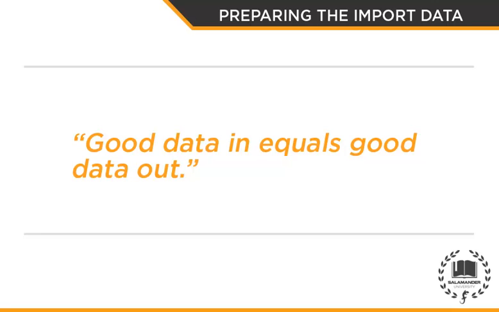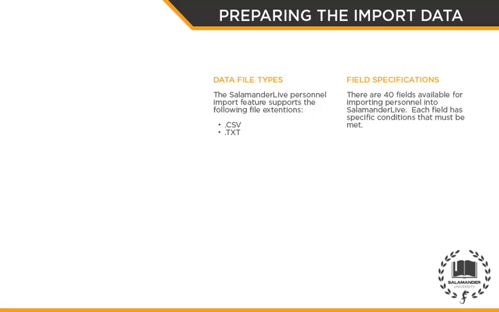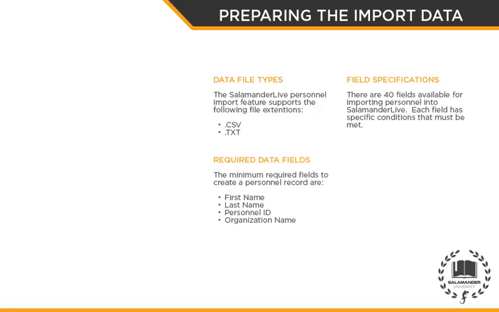When preparing the source file for import, there are 4 elements to consider. The first is the file type. The SalamanderLive Personnel Import feature supports CSV and text files only. The second is field specifications. There are 40 fields available and each have specific conditions that must be met. Thirdly, there are 4 required data fields that must be included in every import: first name, last name, personnel ID,